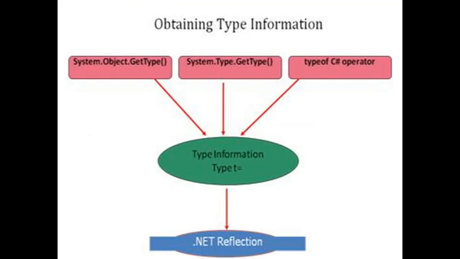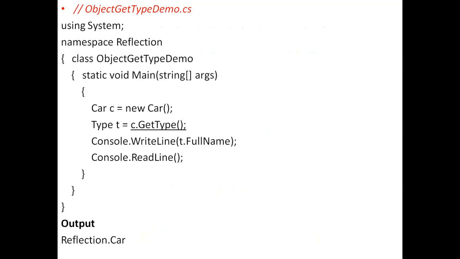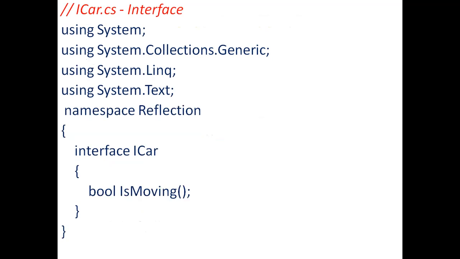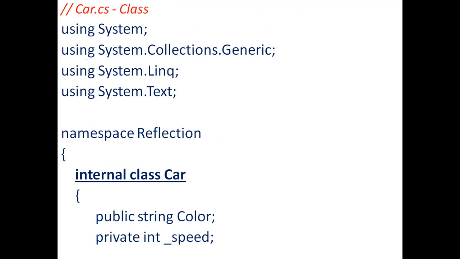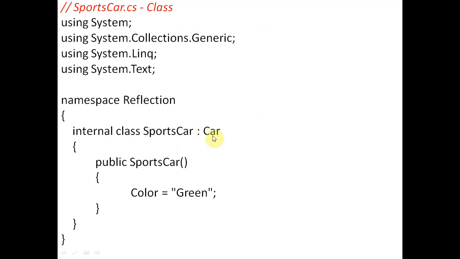Then we have one more program where we are writing the main function. So these are the classes. You can see again we have the ICar interface, the Car class, and the SportsCar derived class which is inherited from the Car class, but still we don't have any main function. So we have to define one more class where we will define the main function.